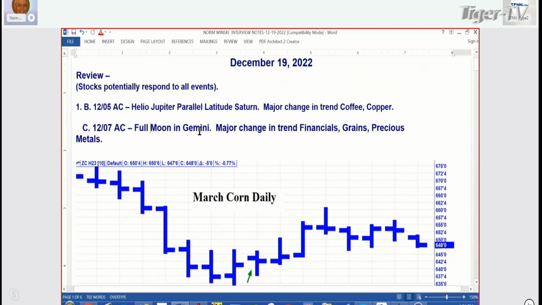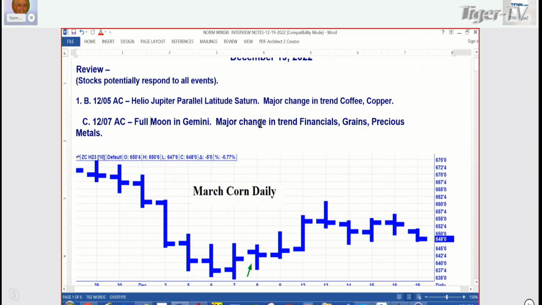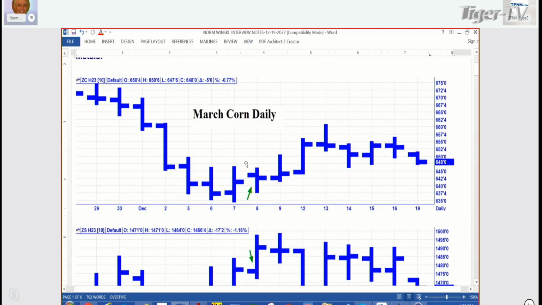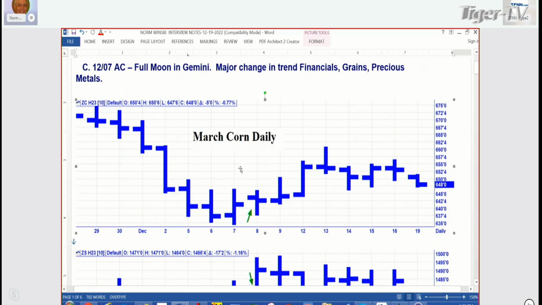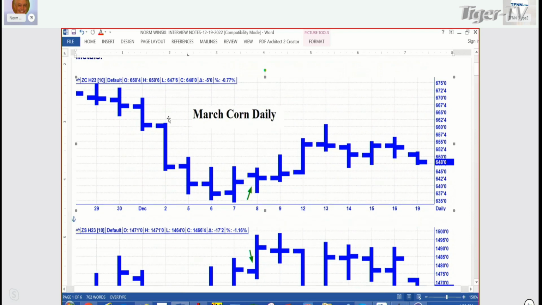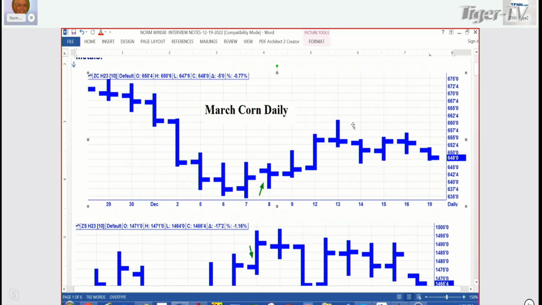And here's the results. So we had 2 points. The main one was the full moon, but we did have something into the 6th for the coffee and the copper. So here's the corn on the moon, and you can see we're just off that low there. And I look to be right within one trading day. And so if you bought there, obviously you're going down, down, down. We're looking for a low. And you had a chance to buy near the low there, and it went up, up, up.